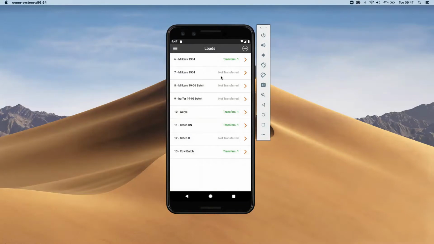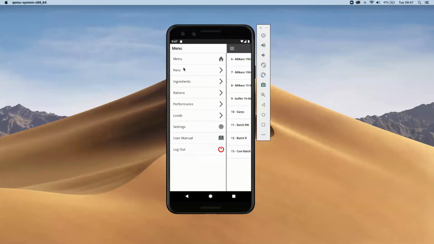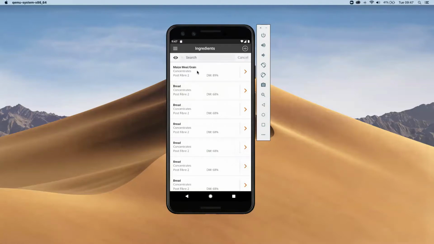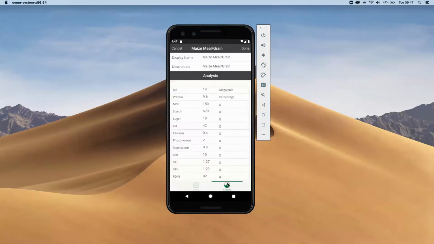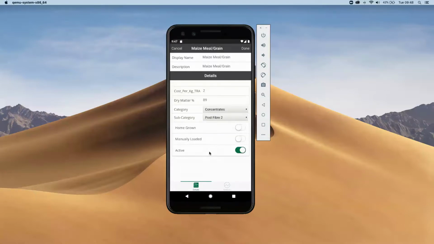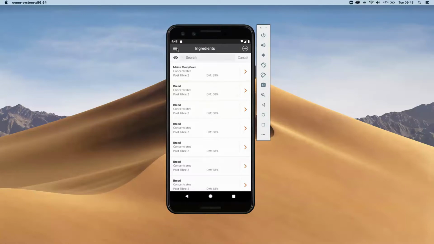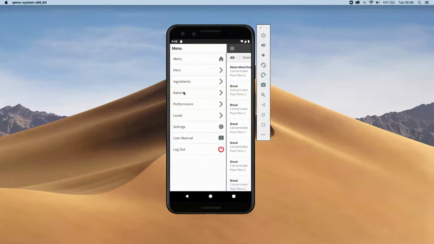Now, there's a lot to take in on this part alone, but I do need to go through some other aspects of it. The way the ingredients work, again, some of you will be familiar with all these. This is literally just the data that you're seeing on the DTM, just repackaged. You can change whatever data you need. You obviously would know this a lot better than I, what all these things mean. I'll come back to the performance in a second.